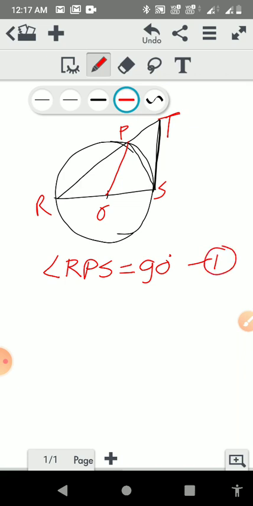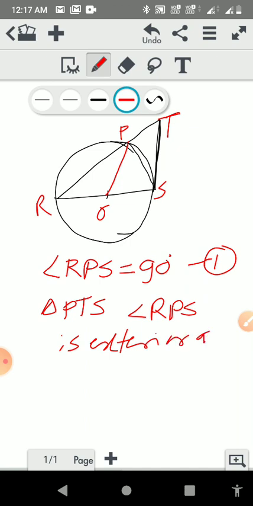Now this angle RPS is the exterior angle of triangle PTS. I am discussing about this triangle, that is triangle PTS. In triangle PTS, angle RPS is the exterior angle, we can say, isn't it? So therefore I can write angle RPS equal to angle PTS,